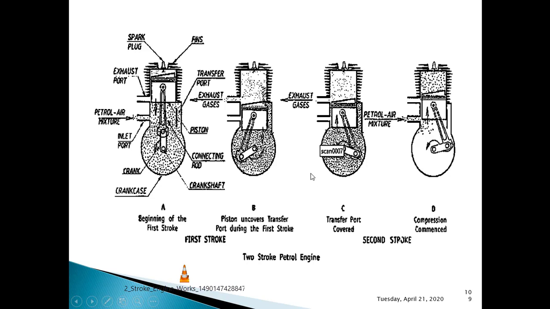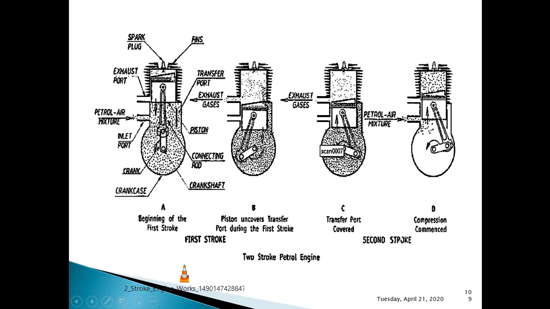You need to write only this much regarding the two-stroke petrol engine, and I told you that I will give you a hint to remember this. It's very simple actually. You can remember it in one simple way. The first stroke is the downward stroke. In the downward stroke, it uncovers the exhaust port and the transfer port, whereas it covers the inlet port. You can remember in such a way that when the piston is moving downward, which ports will be uncovered and which port will be covered, and when the piston is moving upward, which ports will be covered and which port will be uncovered.